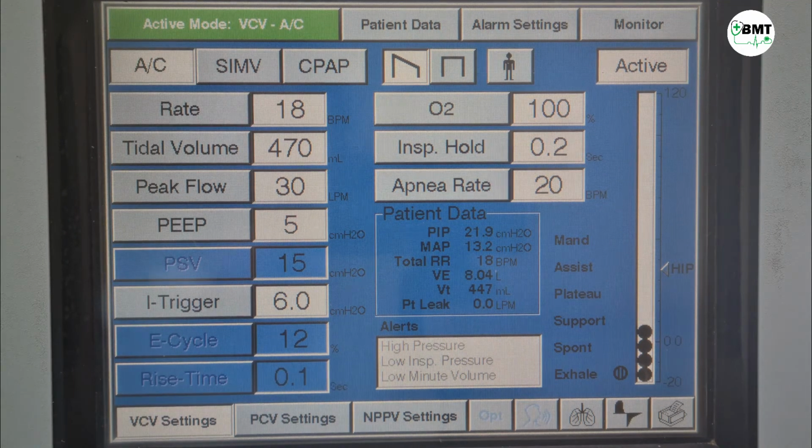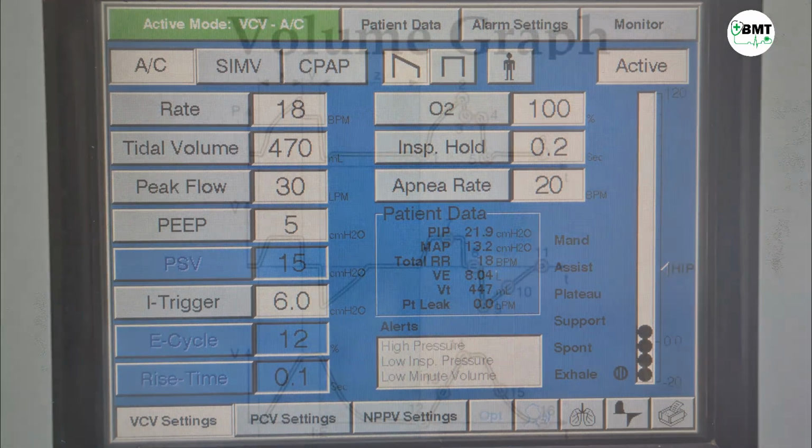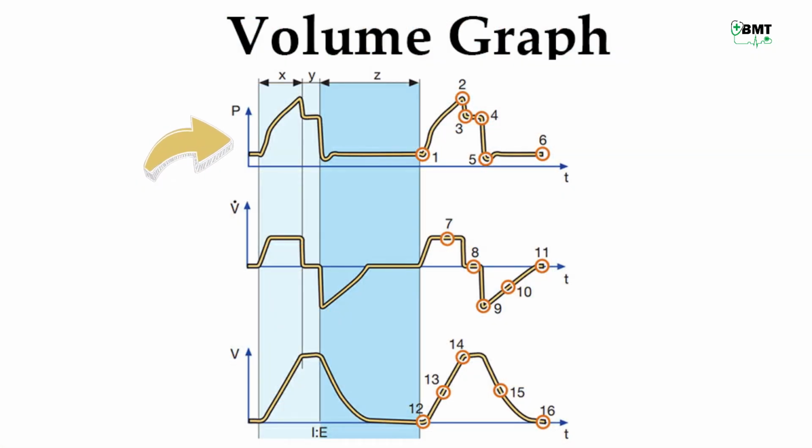During volume control mode, we cannot set pressure, but we need to have control on pressure also. So in that case, we can set the P-peak upper limit in the alarm section, which is seen in the patient side reading, so that we can come to know whether the pressure is in range or not. In this way, volume is controlled and we can also keep a watch on the pressure.